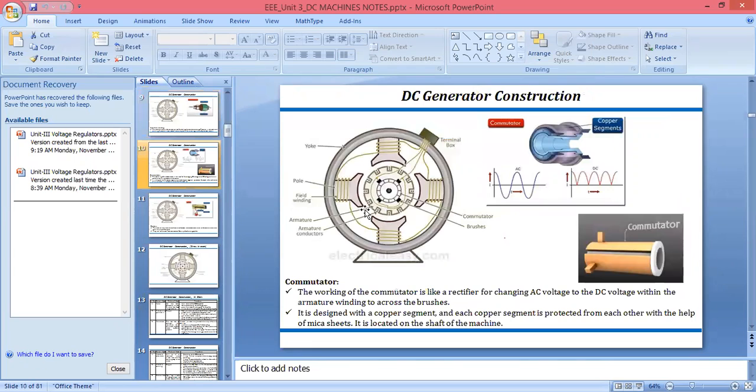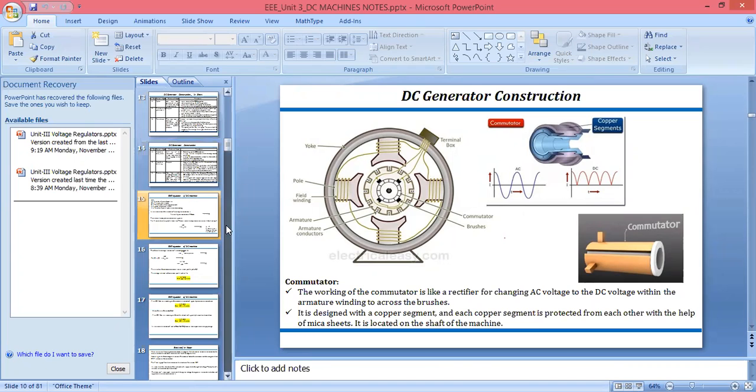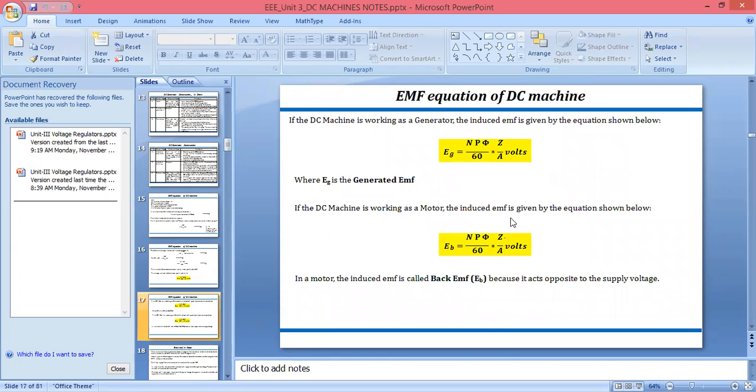We use the armature as a conductor and we do the field winding, and when the conductor is cut by the magnetic flux, EMF gets induced according to Faraday's law. Faraday derived this, so we know EMF is being induced, and we have derived the EMF equation. Then we have derived back EMF,